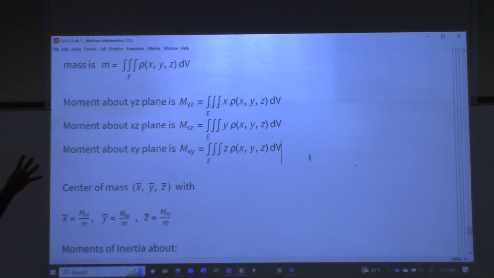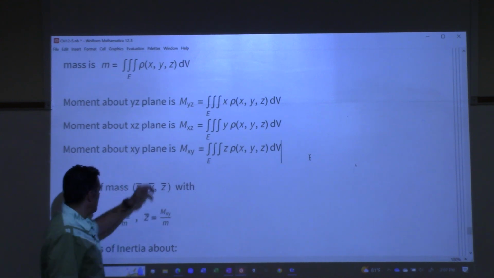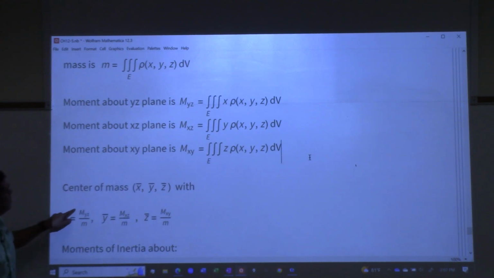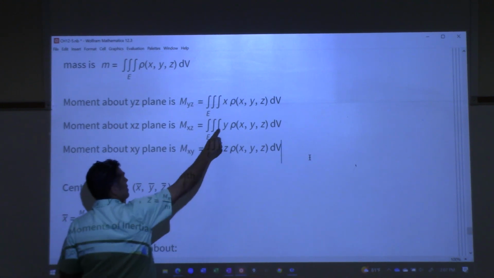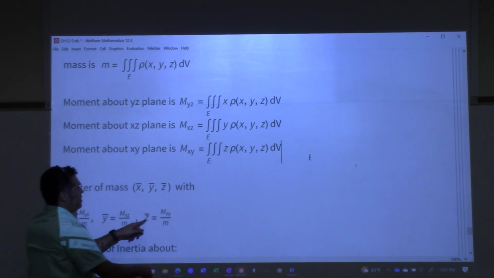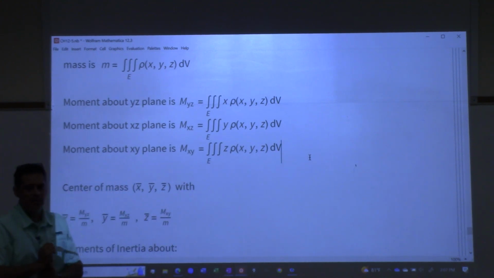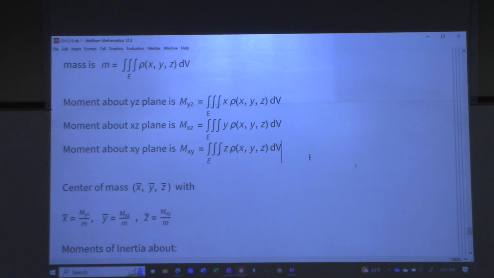So that's a total of 4 triple integrals. You calculate all of those, and then to find x bar, you take this answer and divide it by the mass. To find y bar, you take this answer and divide it by the mass. And to find z bar, you take this answer and divide it by the mass. Then you'll have the x, y, and z coordinates of the center of mass of the object. All you need is the density function and the solid. As long as the solid's defined and you have the density at every point,